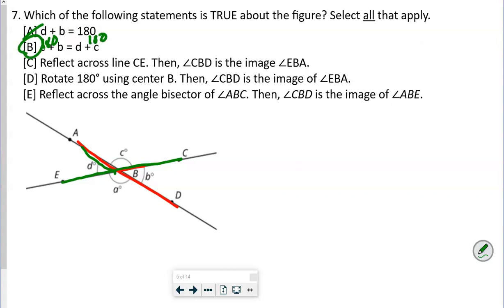So that is true. Then it says reflect across the line CE. That would be this line right here. CE is right there. Okay. Then angle CBD. Where's CBD? CBD, that's this angle down here. Is the image of EBA. EBA is right there. So if we reflect them over one another,